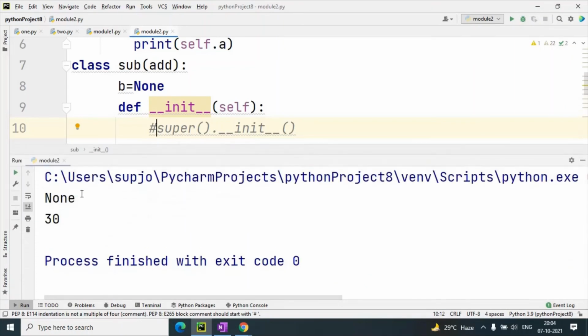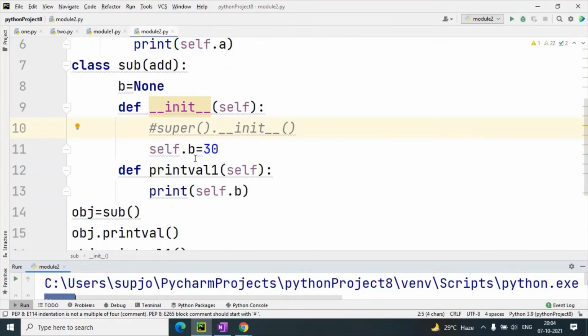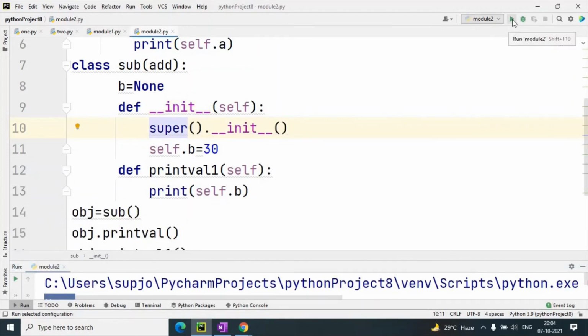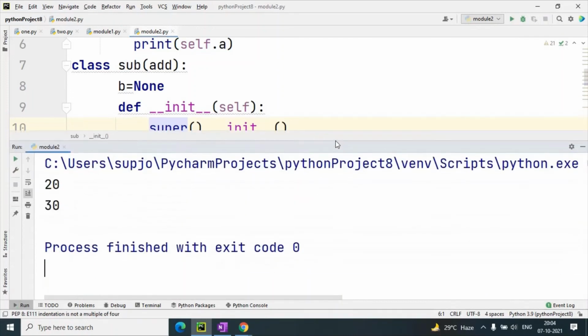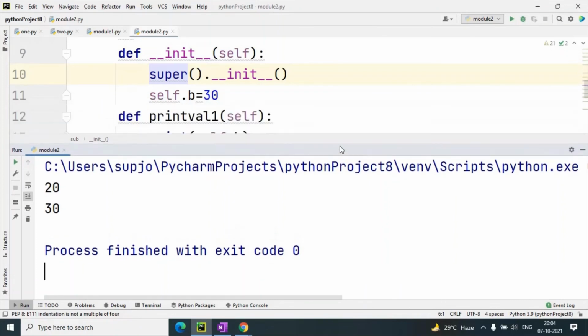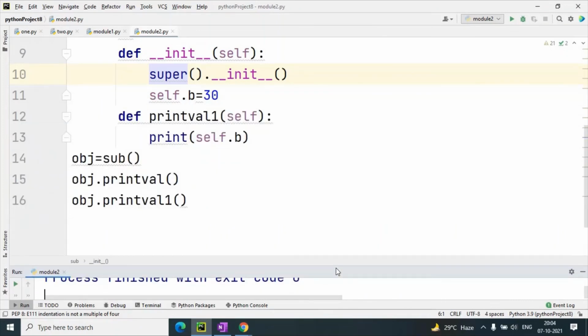That is the problem. So the solution is to use the super function to initialize the base class constructor in the derived class. To access the base class constructor in the derived class, you will use the super function. Are you clear about this? Now understand this problem and the solution of this problem. Okay, yes sir, so this is the problem.